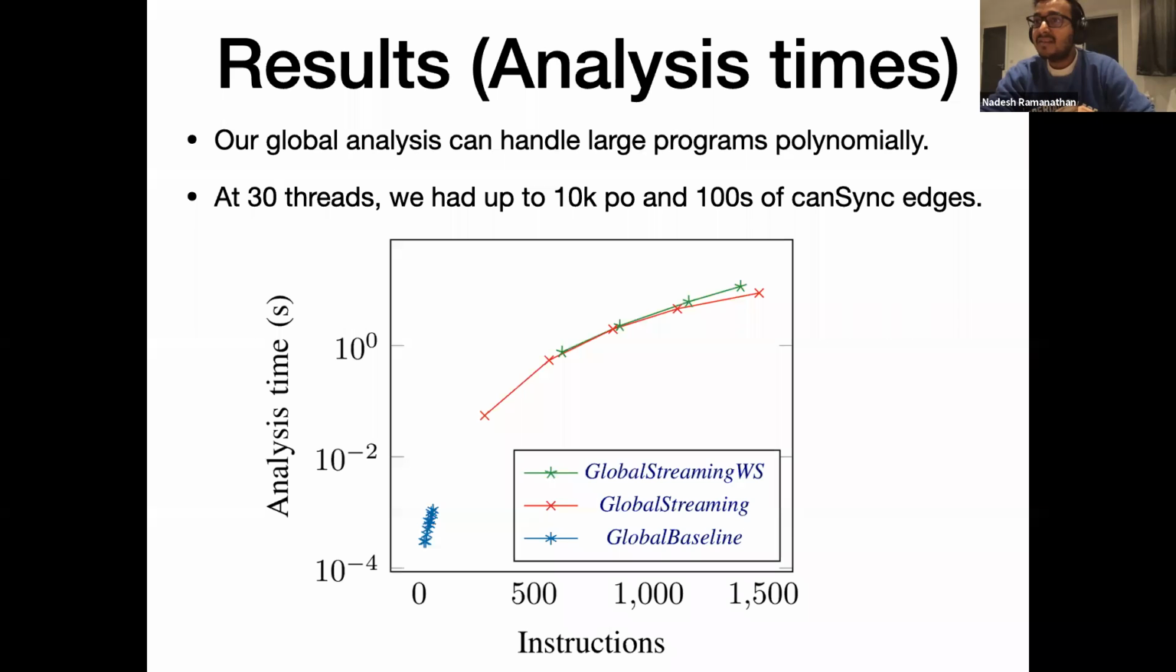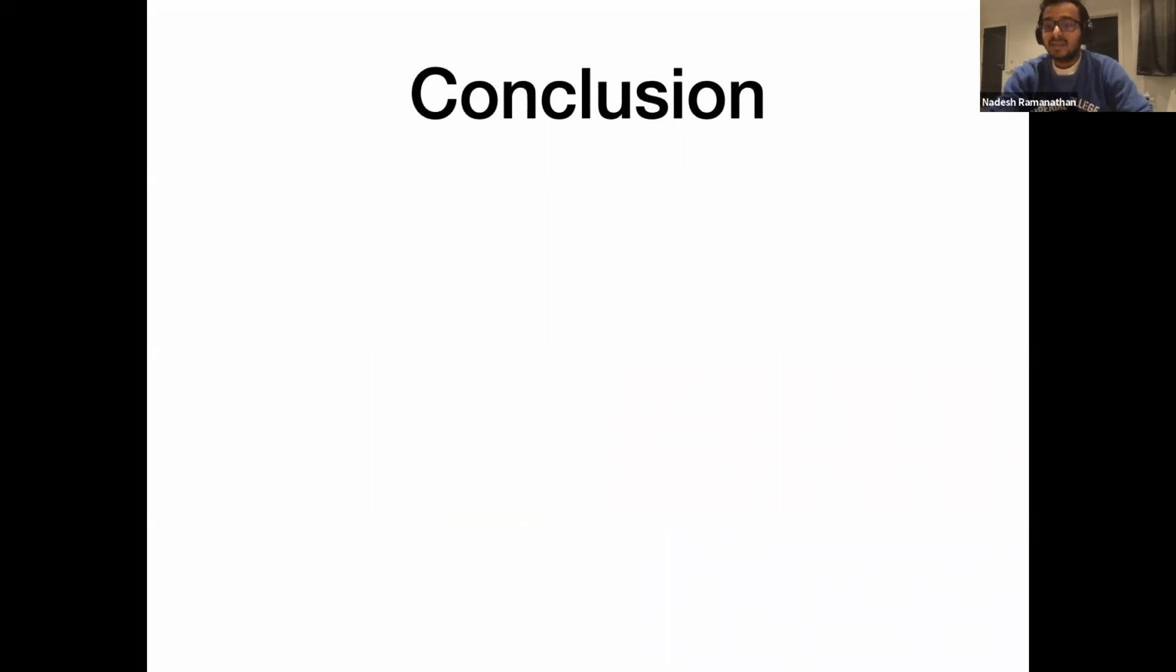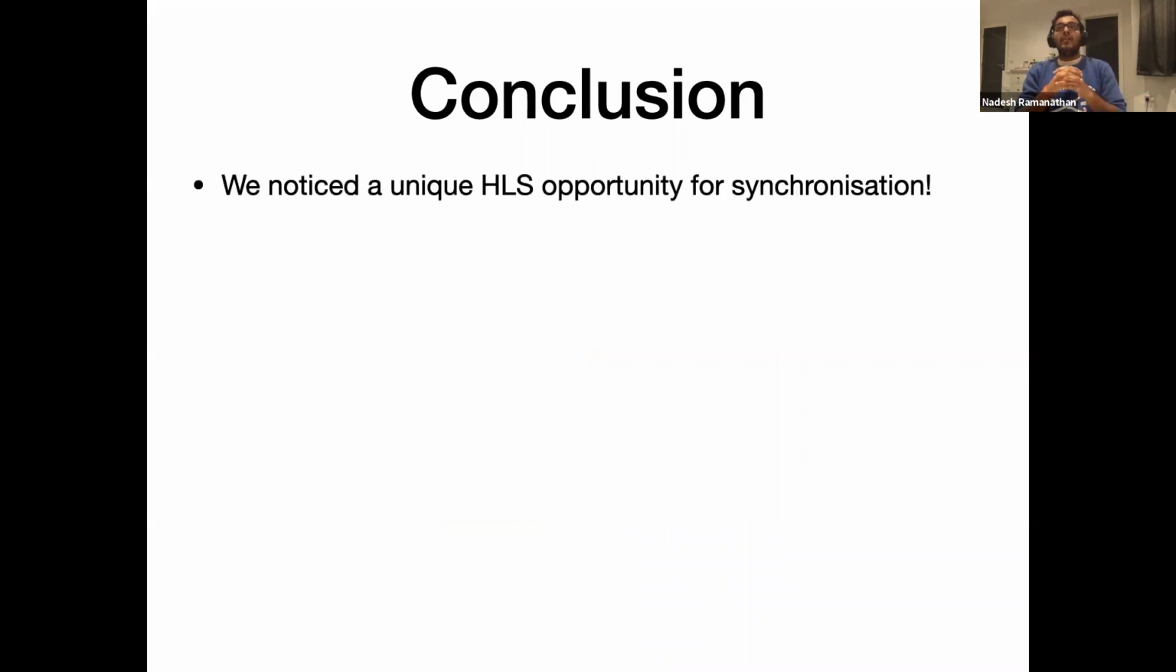So at a maximum of 30 threads, which was about 1,500 instructions in the program, I had almost 10,000 program order edges that I needed to consider, and hundreds of synchronization opportunities going across threads. Our optimization was able to make sure that I don't get exponential growth in my scalability results. And so to conclude, basically, we first saw that there's a unique opportunity to do